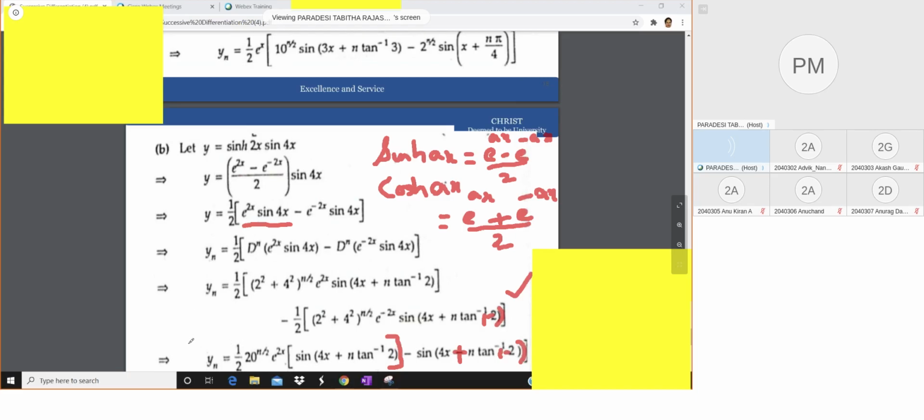Skip the last step and write this much, keep this step separate, but simplify what is within this under root and within this under root. That's a root 20, right? Root 20 whole power n. Don't write the last step, just leave it at this one. Because it's an e power 2x here and an e power -2x. So if you take an e power 2x common out, then the second step will still have an e power -4x there. So don't simplify, don't take common out, keep it as it is.